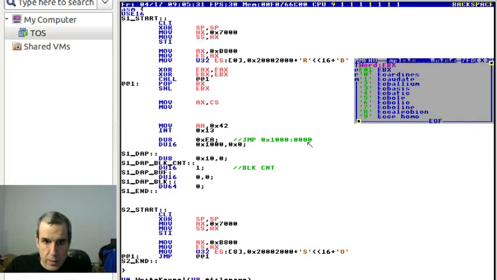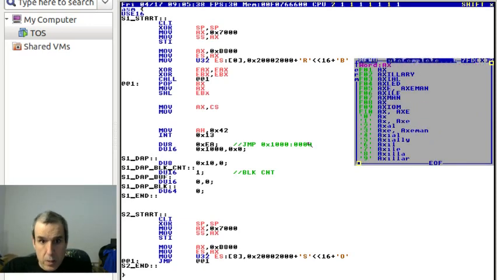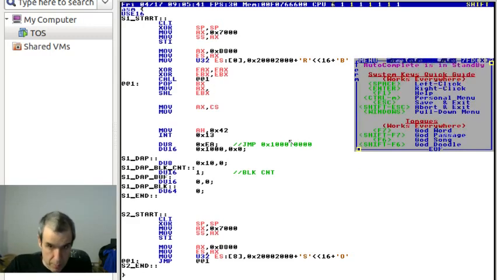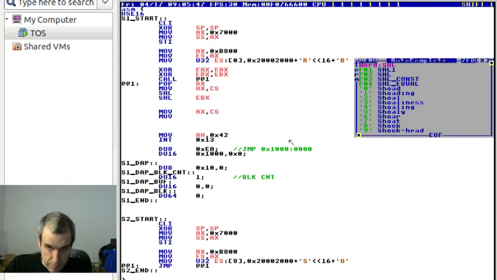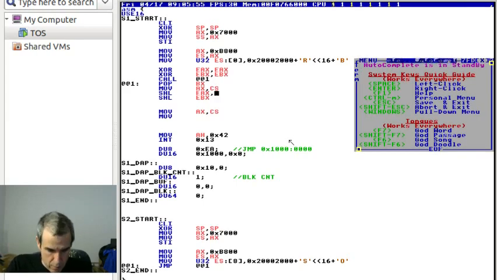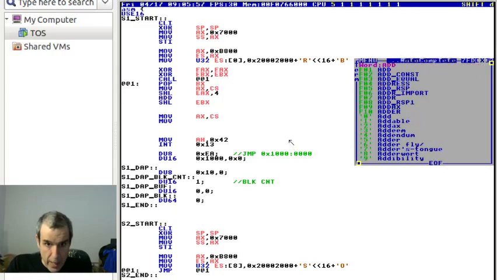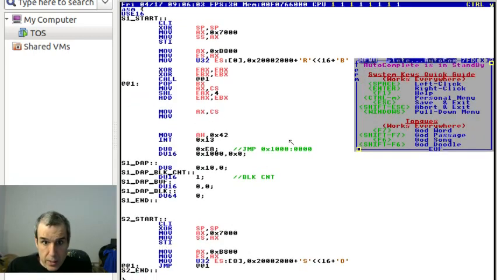No. Move AX, comma CS. Is that an instruction? Shift left EAX, comma 4, add EAX, EBX. How about that? Okay, so we get the